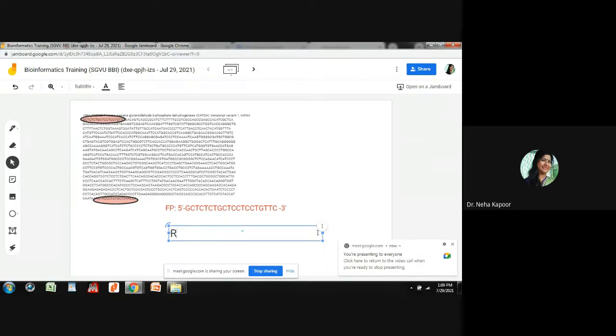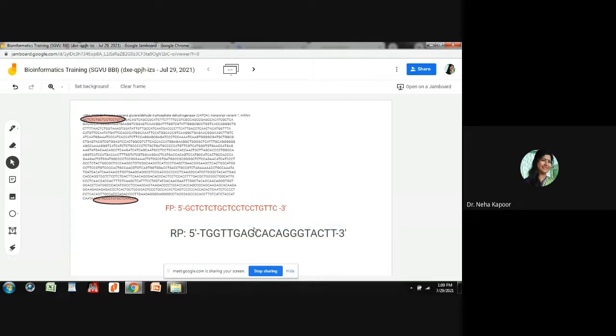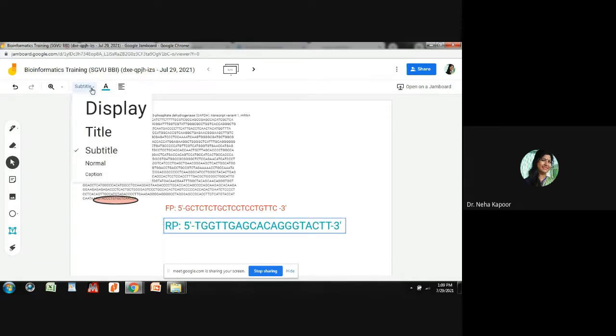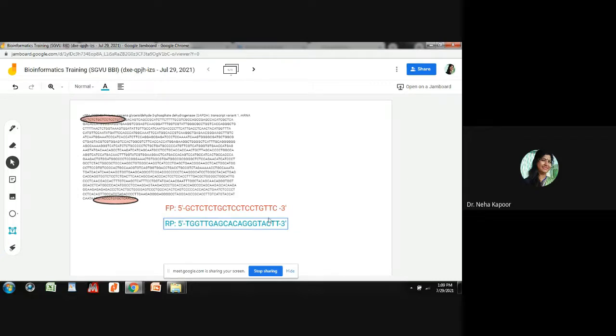RP, reverse primer, that means 5 prime, and this is the sequence that I have got. And at the end, this is the 3 prime. Now I shall change its color also, blue. So these are the two sets of primers that we have prepared manually by using this reverse complement page.